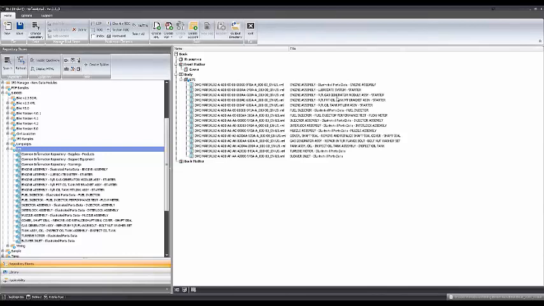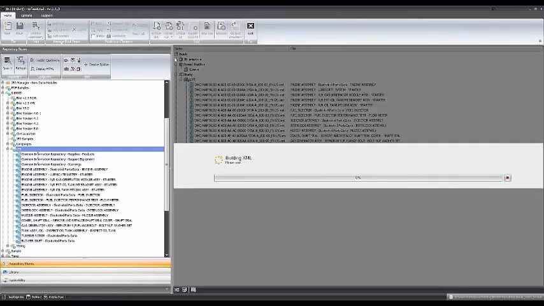Now, by doing nothing else at all, I can literally come in here and go create HTML PDF. And what it does at this point is it's going to convert those XML files into HTML, and from there it's then going to produce them into a PDF. The benefit of doing this is you can get one complete publication that has all of the data modules. So instead of having to produce individual PDFs for each of these, I can produce a book